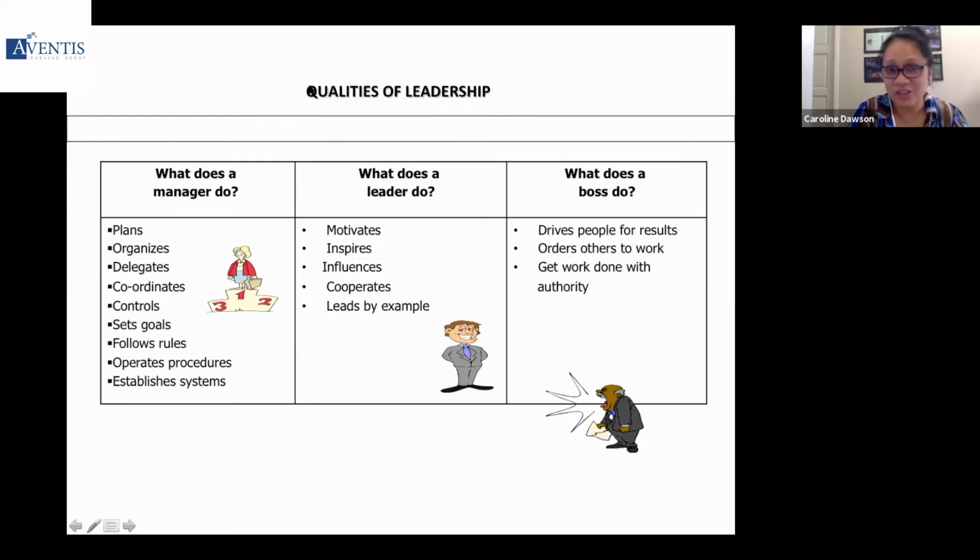Now, guess what, everyone? Leadership styles depend on the situation. Are you with me so far? There are times, I'll tell you now, you have to manage them. Looking at some of the qualities in the first column over there, which I'm sure you can read on your own real quick. Sometimes you do what a typical leader does, and sometimes you just have to be authoritative. Sometimes you just got to tell them, hey, look, this is how it's done. There'll be frameworks and situational scenarios that I'll share with you so that you know which style you should adopt.